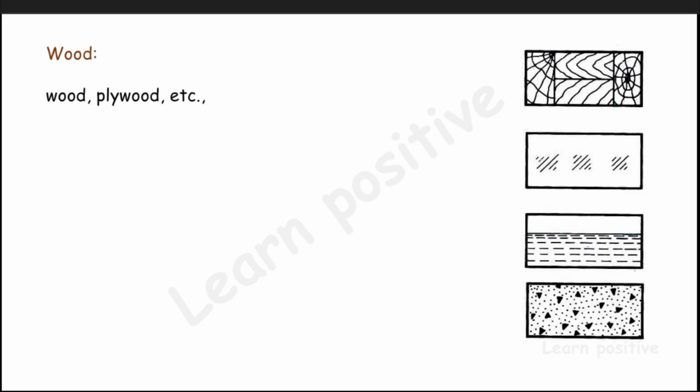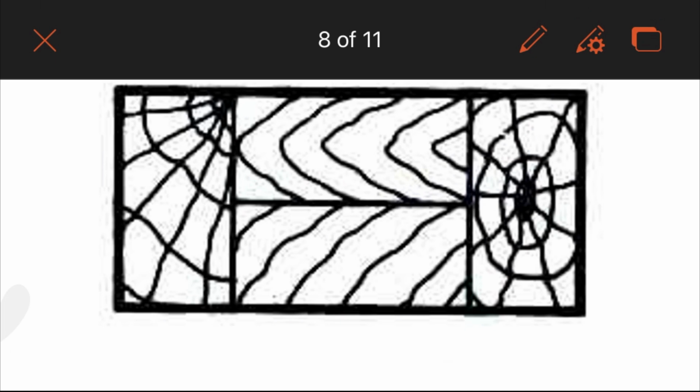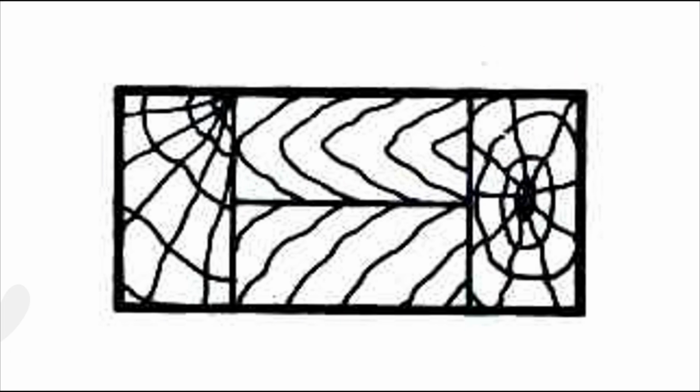And then for the wood, we can see the layers of the wood. When we are seeing the wood at the butcher area, the old tree was cut out and from the center petal it gives different kinds of structures, so wood, plywood, etc. So we are going to use this kind of structure for the wood material, wood composite material. We are going to use the section lines as like this much.